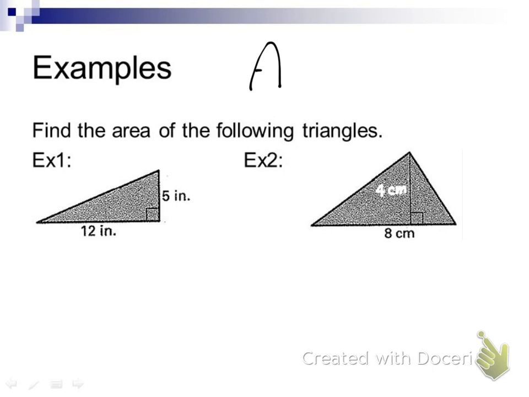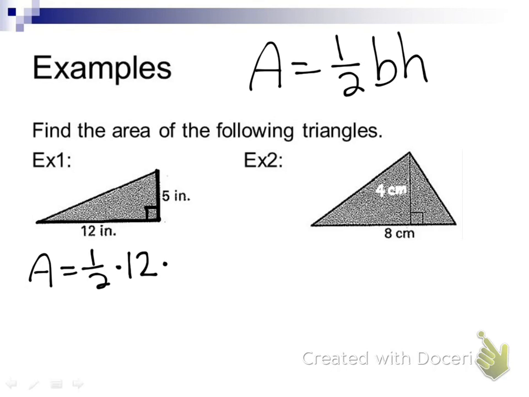Alright, so we are using that formula on both of these. Area equals 1/2 the base times the height. Base and height form right angles. So in number 1, it looks like that's exactly what they gave us, because this 12 and this 5 come together to form this right angle. So that is the base and the height. So I'm going to do 1/2